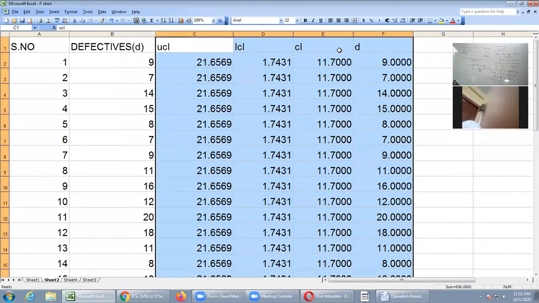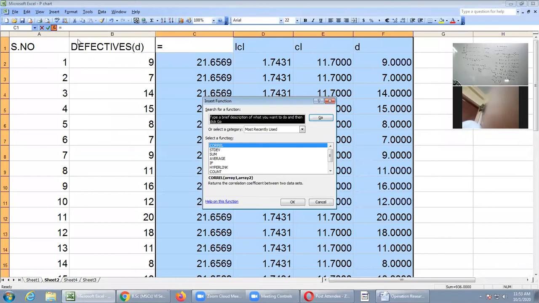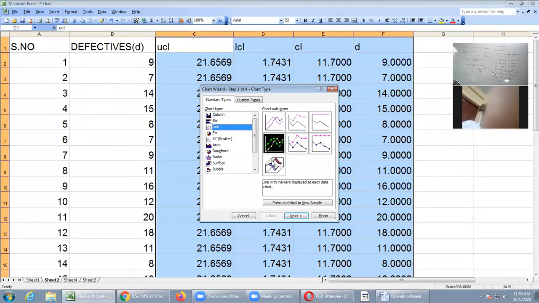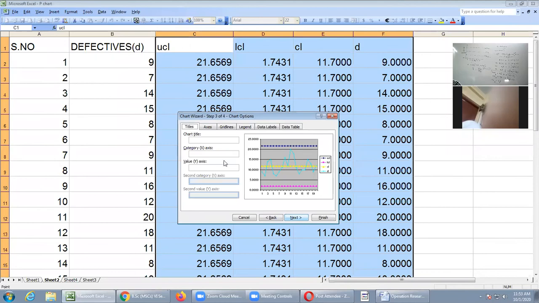Now you know which chart you have to construct. D chart you have to construct. So select the last 4 columns with headings as it is. The remaining procedure is the same. Go to insert, select chart, then line, the 4th subtype, next one, and then press next button. Chart title, what is this chart title?